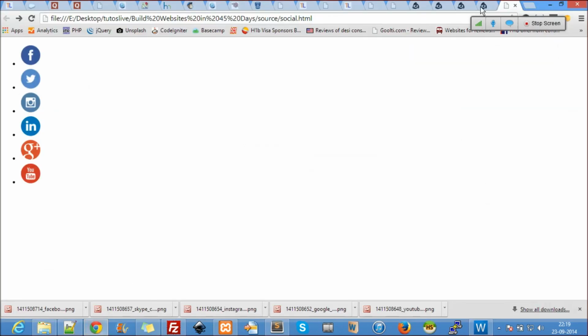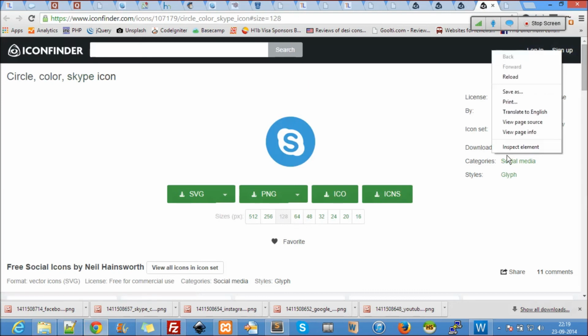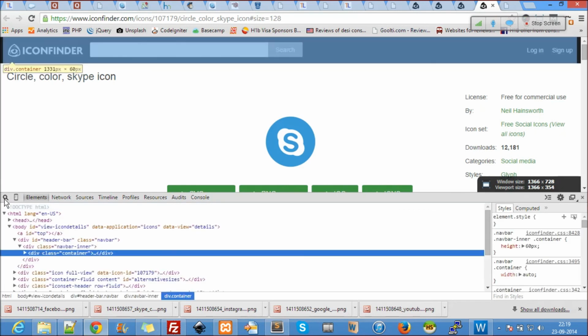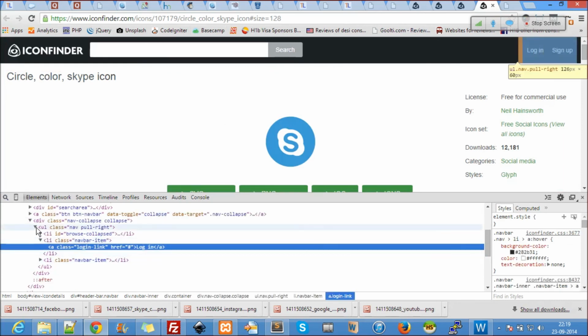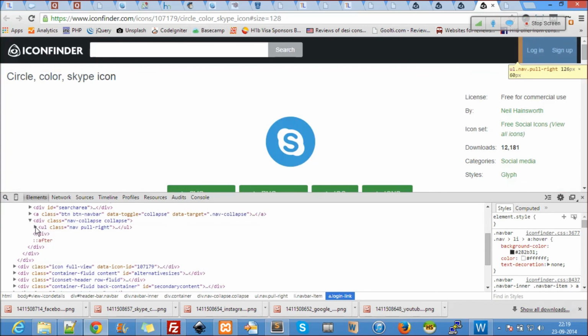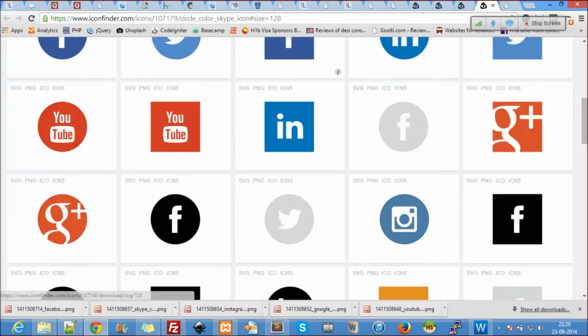Let's just go to the same website where we downloaded the images. These are the menu items, right? This is called a menu in web design terminology. So I'll show you. I say inspect element. So click here. You see here, what is this? UL, unordered list, and each one is written inside an li. So to group them, this is the standard practice. Whenever you have to group something, this is the standard way to do it.